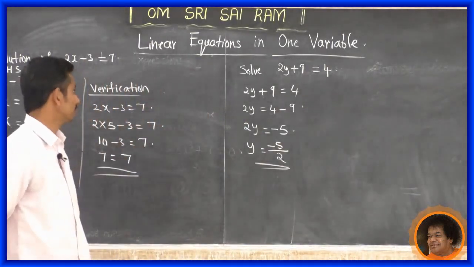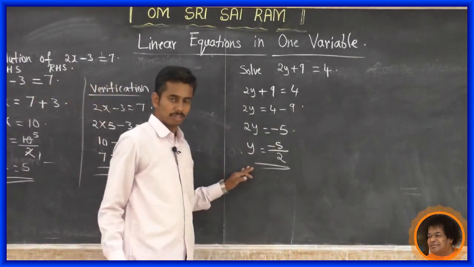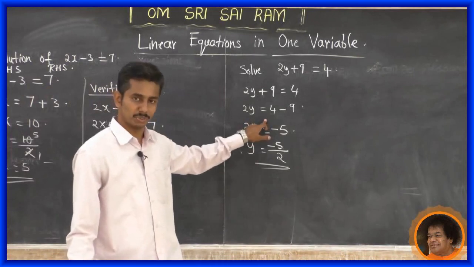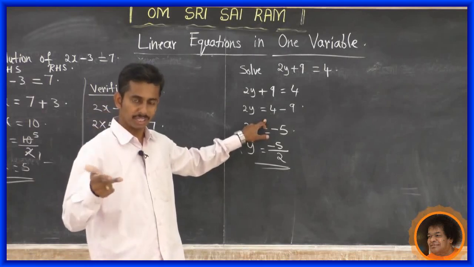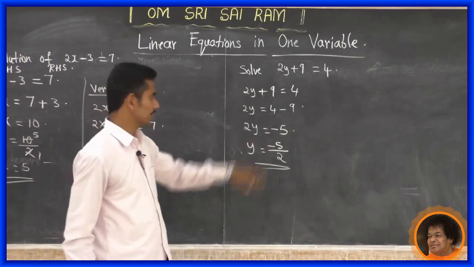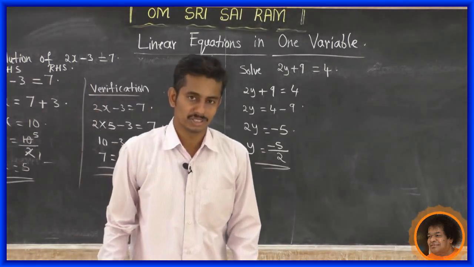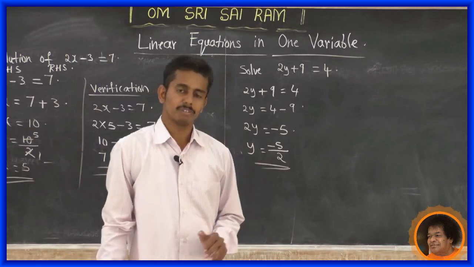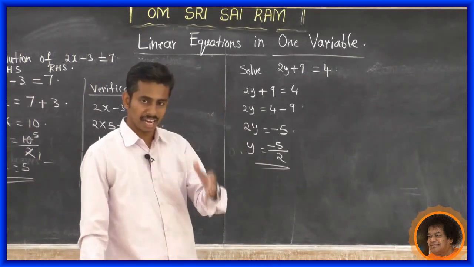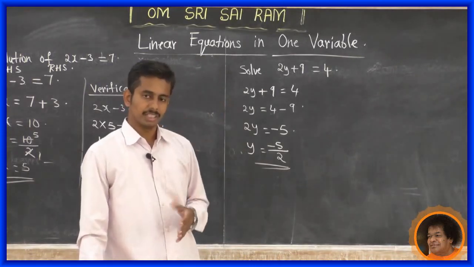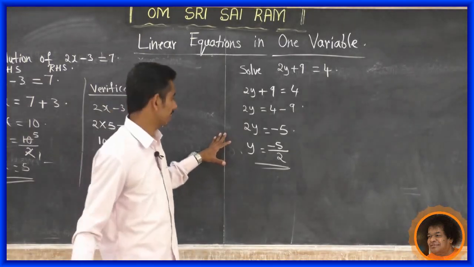This is the solution for the equation. In the next class, we will discuss this type of problem. When two numbers have different signs, positive and negative, how to multiply or divide them, we can study in the next class. Some of the basic things we have to learn will be in the next class. I will tell you how to add, subtract, multiply, divide, and some other ideas in the next class. Sai Ram.